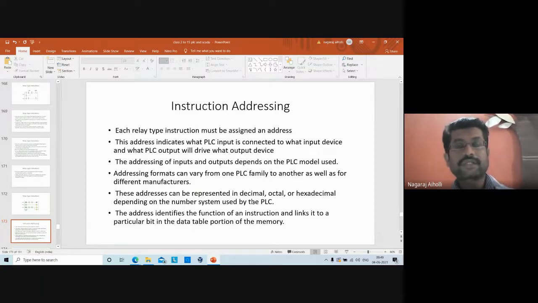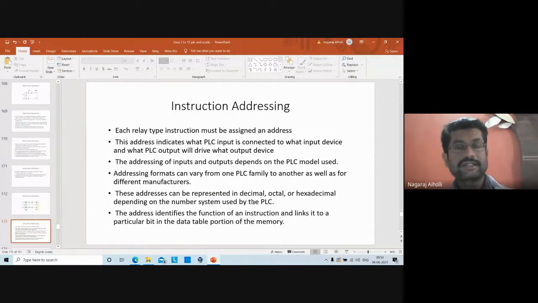The address indicates which PLC input is connected to which input device, that is a field device.